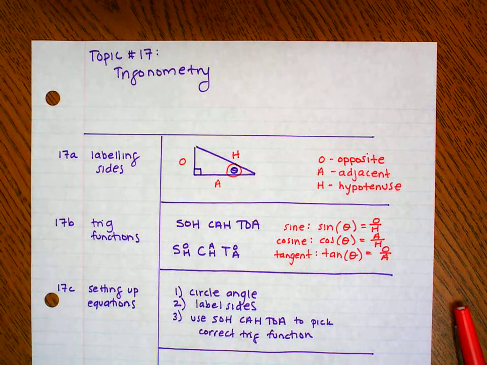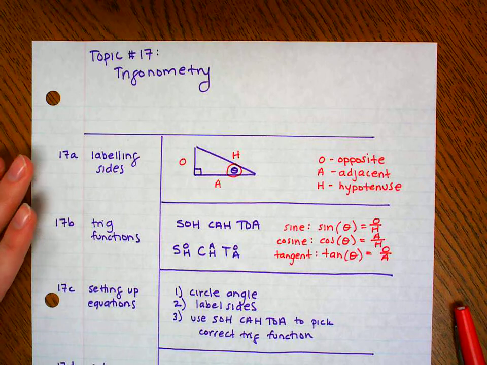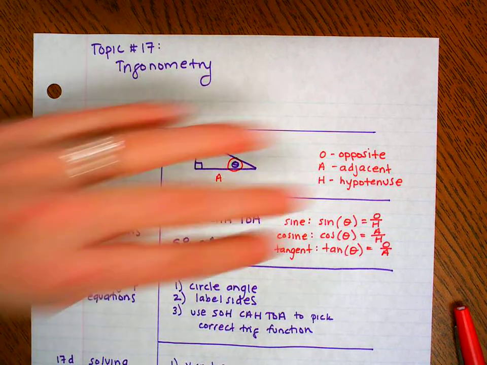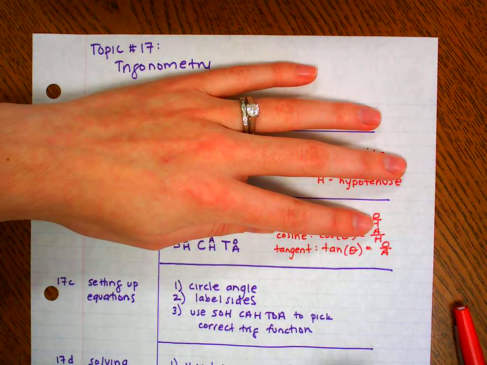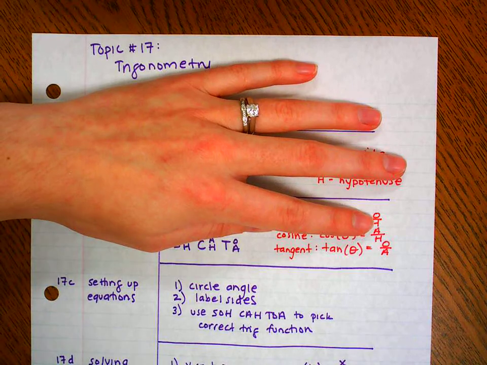Okay. Then you guys just did a video on solving when you're solving for the angle. So we have three cases for solving. So this is 17D. Okay. So let's do those three cases really fast. When x is on the top, we say you multiply. So here's an example. If I have something like sine of 12 equals x over 8,